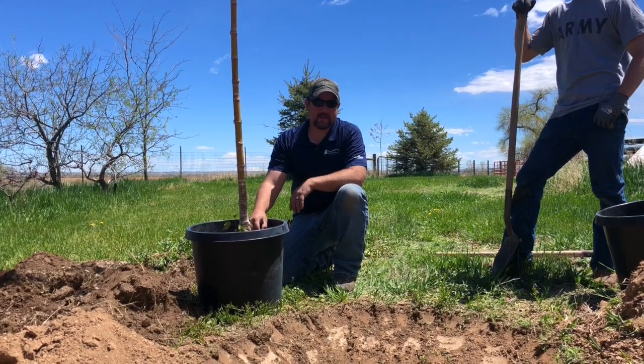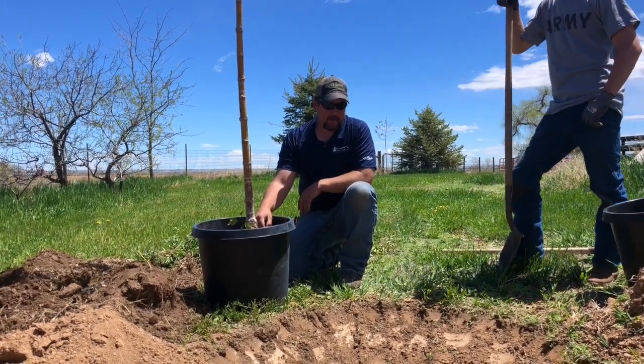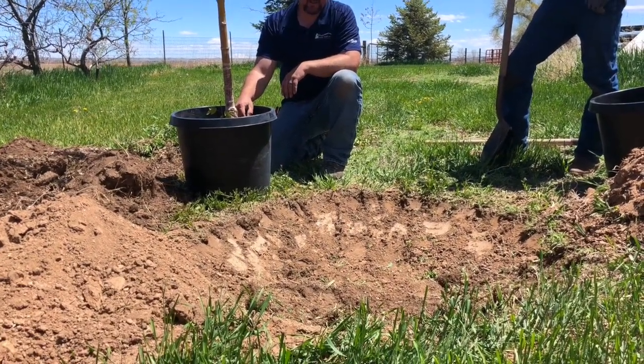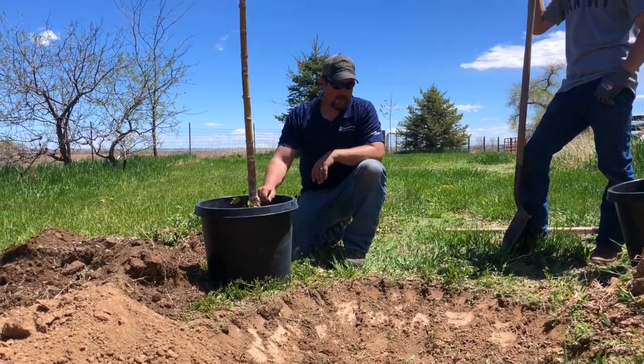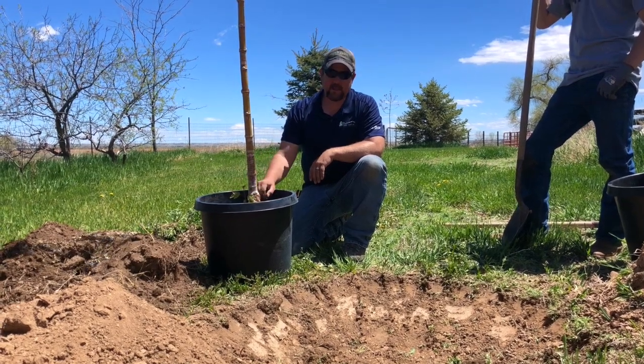So today we're planting this Sensation box elder maple in a site that's got really compacted soil. It's really dense. So what we're going to do is we've made this hole about twice to three times the size of this 15-gallon pot,